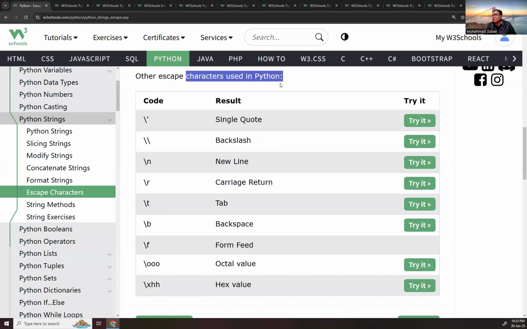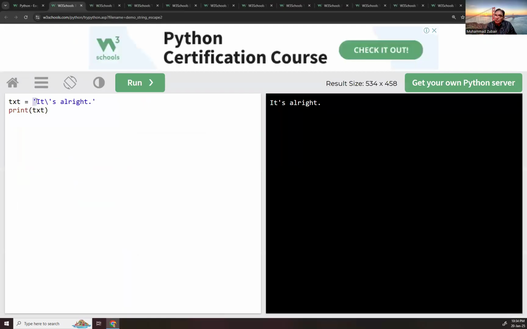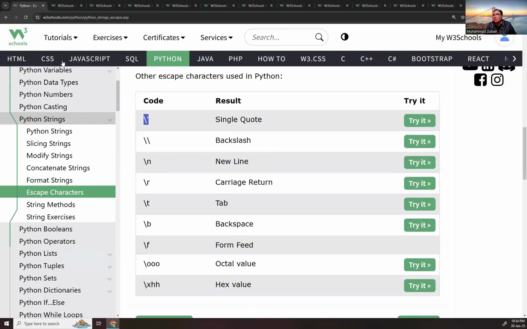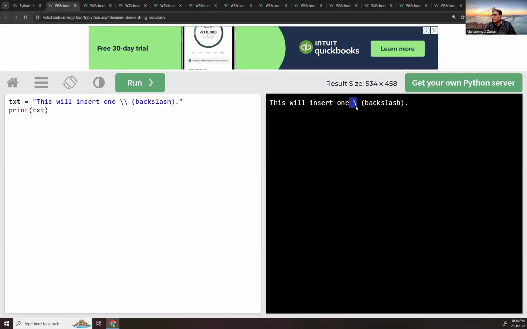Other escape characters used in Python: you can write with a single quote. For example, if you have used a single quote outside and you want to use a single quote inside, then you need to put the escape character. The other way is backslash, double backslash. It means when you want to put this backslash inside your sentence, then you need to put another